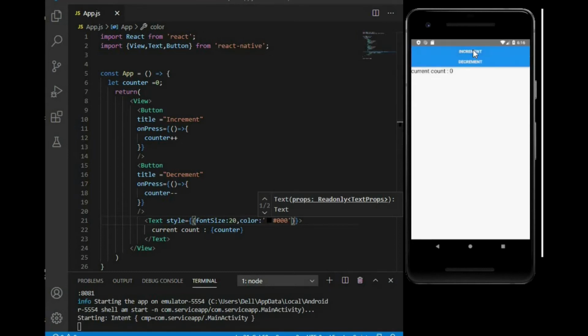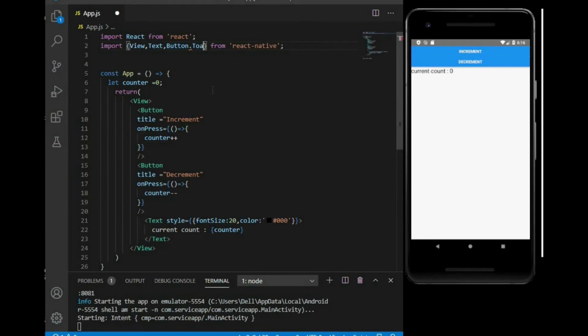If you click on increase, nothing happens. But why? So in React Native, the variables that we reference and their values are also changing behind the scenes.